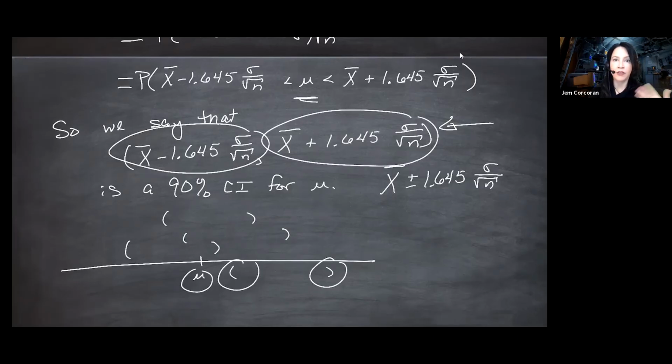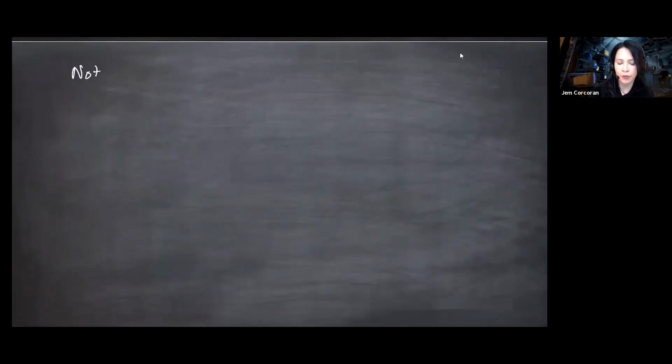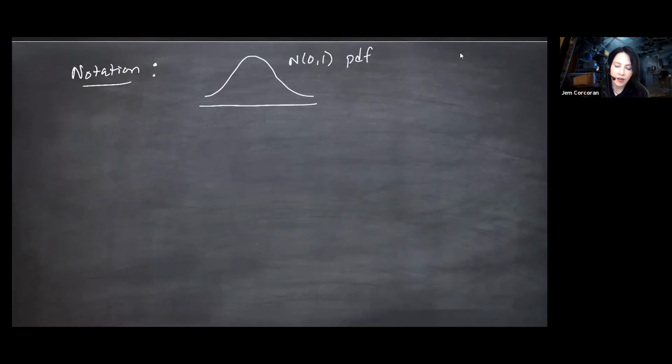Next up, before we hit other distributions, a little notation. When you find a number that cuts off a certain area under a PDF, it's called a critical value. And if this is the normal(0, 1) PDF, that's supposed to look nice and symmetric about 0, if I want to cut off some area alpha to the right of a point, this number is called a critical value. A critical value is something on the x-axis of a PDF that cuts off certain areas in certain places.